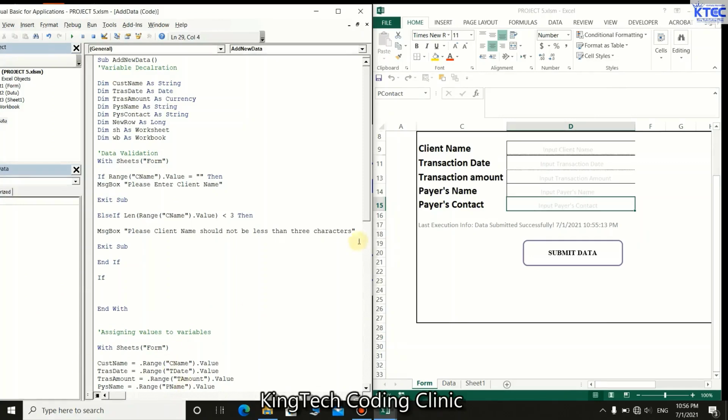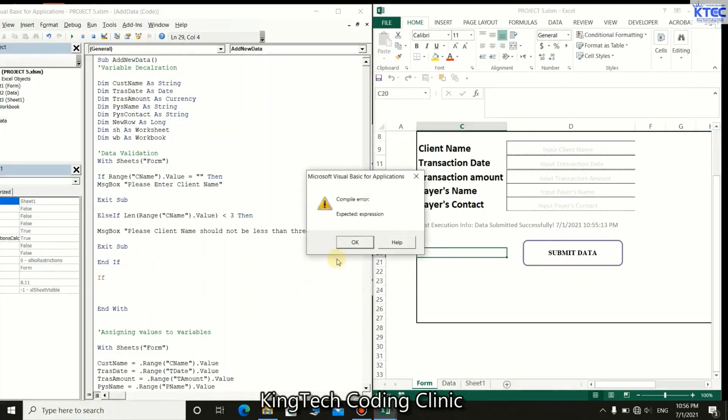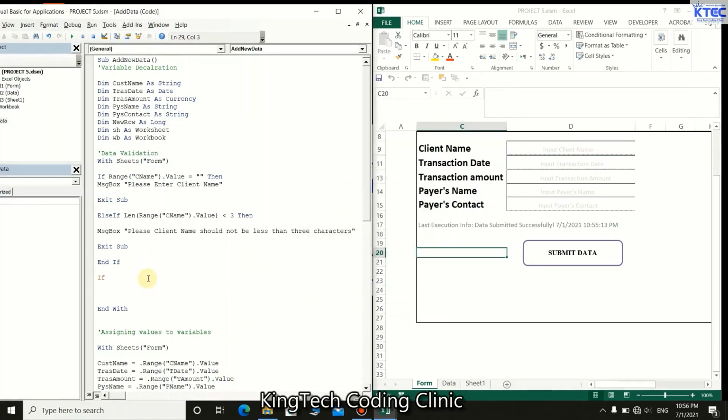If what? Range. Which of the range? Range T date, meaning transaction date. If range T date dot value is equal to empty, meaning the user fails to enter something,